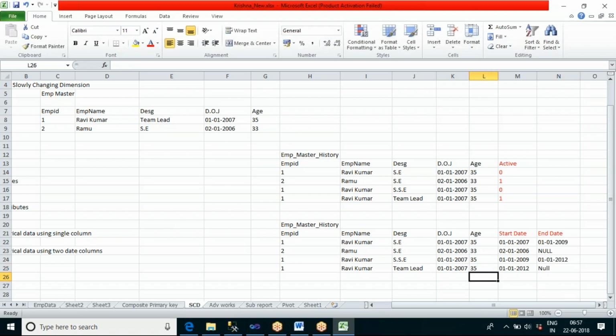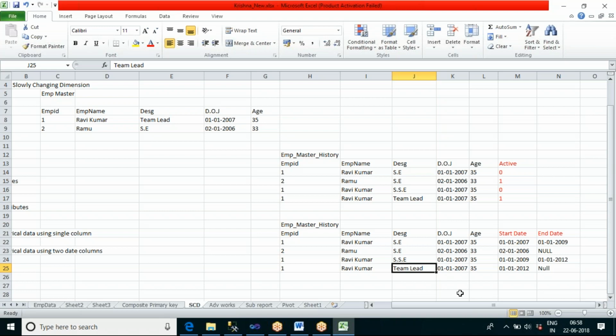Okay, so if I store the information like this, then if I go for employee one, I will get that he served in these three positions. As software engineer he served from 2007 to 2009, from 2009 to 2012 he served as senior software engineer, and currently he is in the position of team lead. So this will give me the full picture. I can easily tell the range also, in which period he served in which role. We can maintain the historical data.